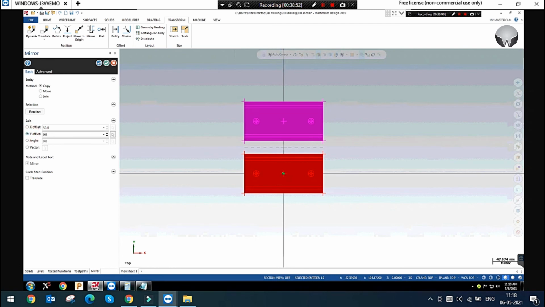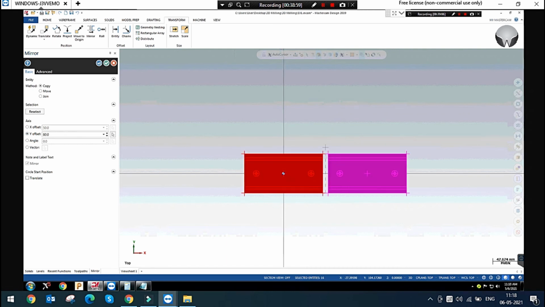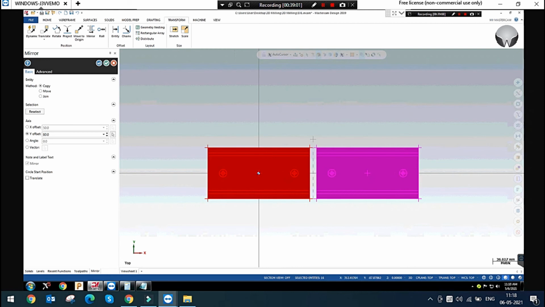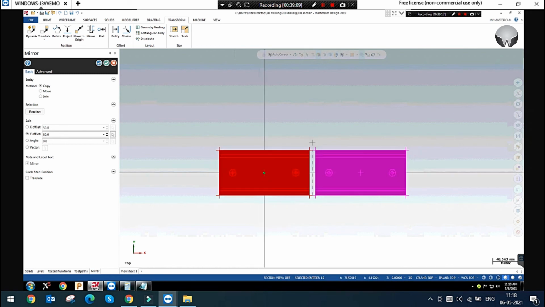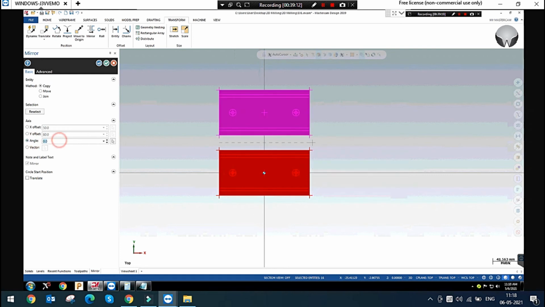You can simply select the y offset, and in this case I have to give 80 mm for differences, from the center of the model, and you can give the angle value.